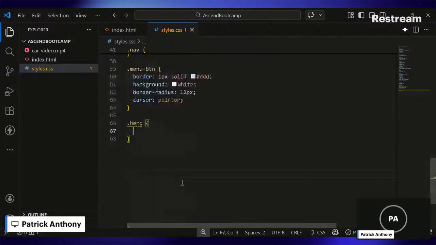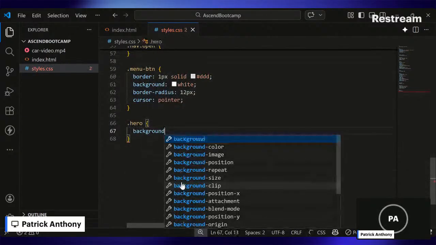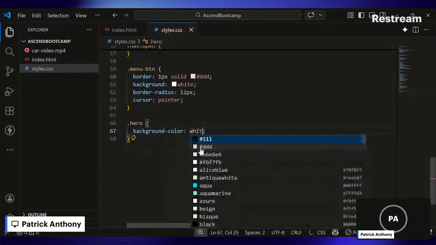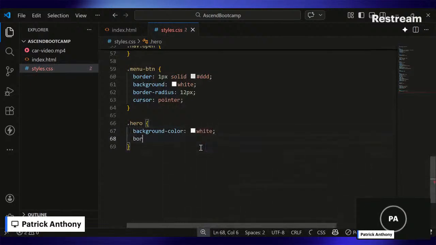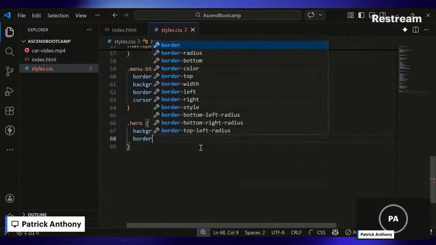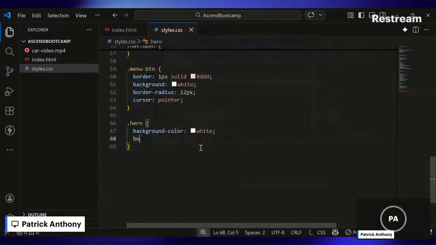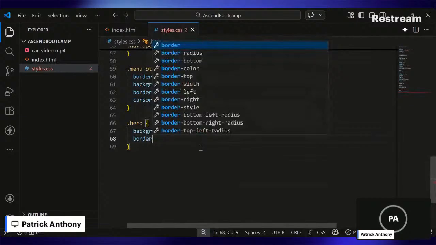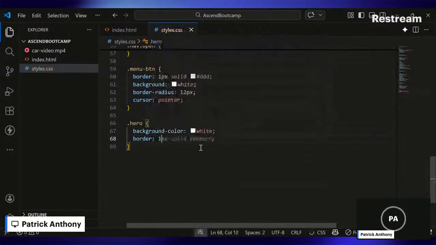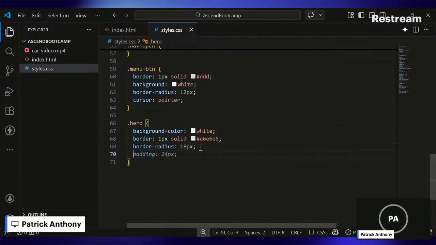So we can have a background color of white, border, and give it a border of one pixel solid, and let's make this 18, and then we can have padding of 18 as well,